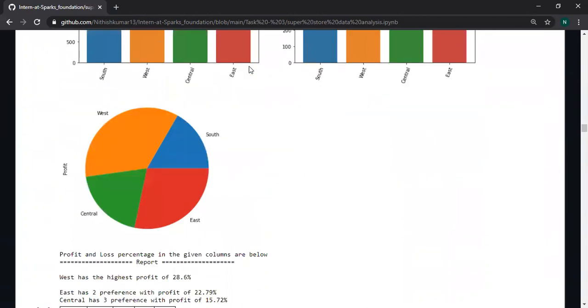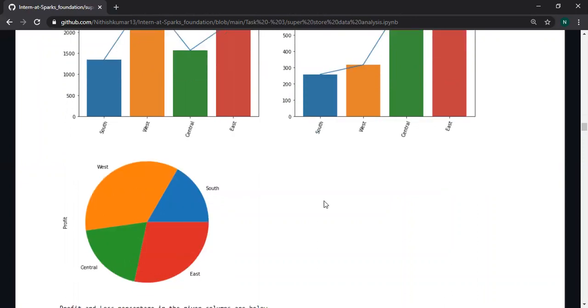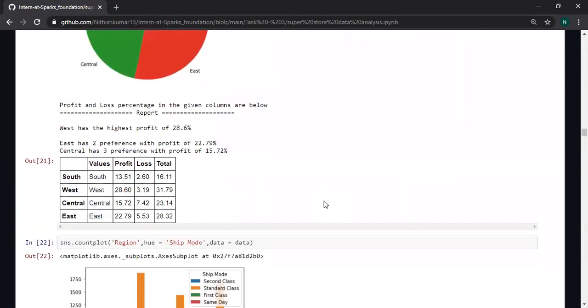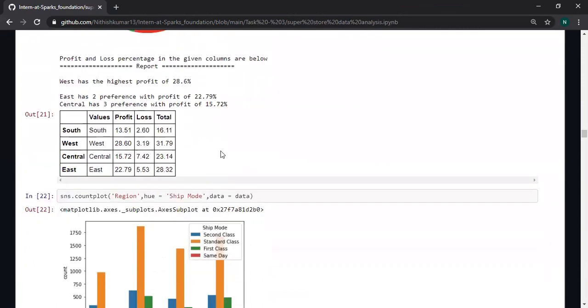Here you can see the profit and loss in the region column. You can also see that the report tells how many of them are profited, and it will return a data frame summary.